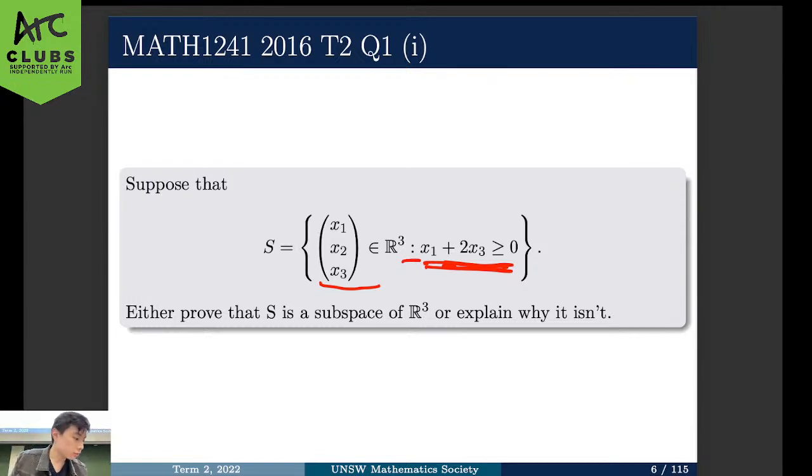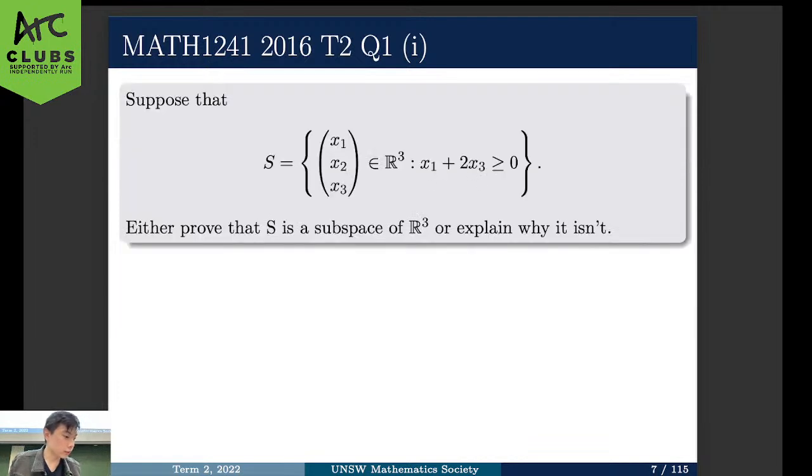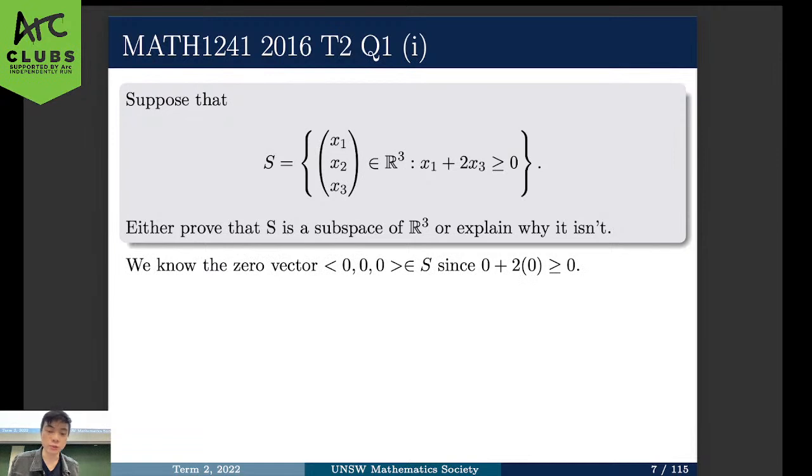Okay, so the first thing that we want to test is the first rule. We know that the zero vector is in S, so R3 has the vector 0, 0, 0, and since 0 satisfies the condition with 0 plus 0 being greater than or equal to 0, we know that it's in there. So now, to test vector addition, essentially what you do is you define 2 generic vectors, let's